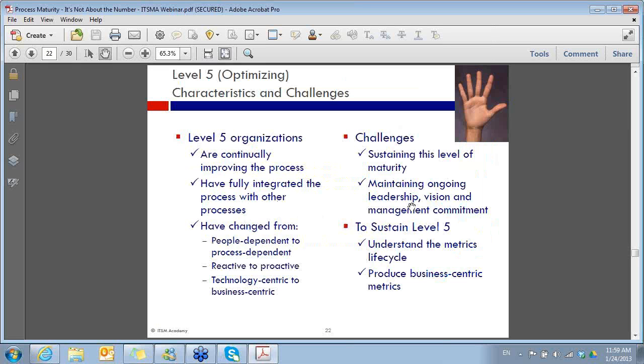Level 5, very few organizations get there. It costs a fortune, first of all, to sustain this level of maturity. And even if you get there, you need to understand that if you don't continue to devote resources at this level of maturity, it's very likely that you're fairly quickly going to slip back to 4 or perhaps even slip back to 3. In order to sustain level 5 maturity with processes, you have to fully affect culture change within your organization. It has to truly be the way we do things around here.